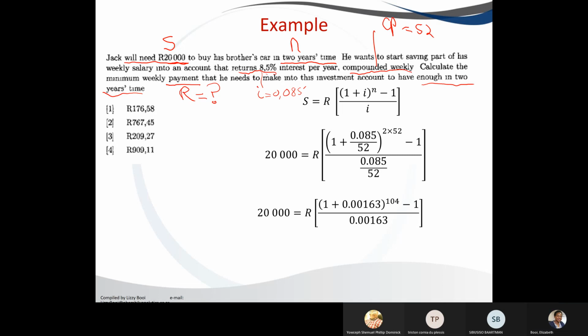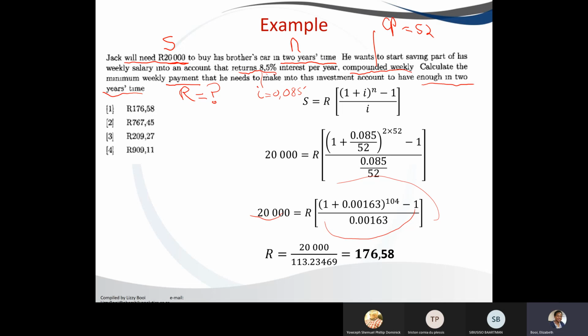And if we solve the fractions first, we get those values, and then we solve what is inside the brackets first, and we get the answer for what is inside the bracket, and divide it by 20,000. When we do so, what is inside the bracket is 113.235. We divide 20,000 by the answer we get from what is inside the bracket, and what we get as an answer is